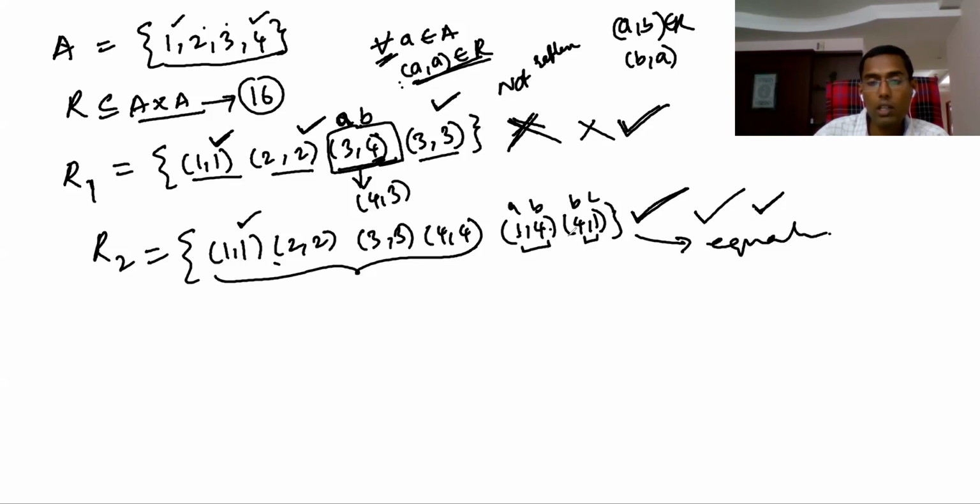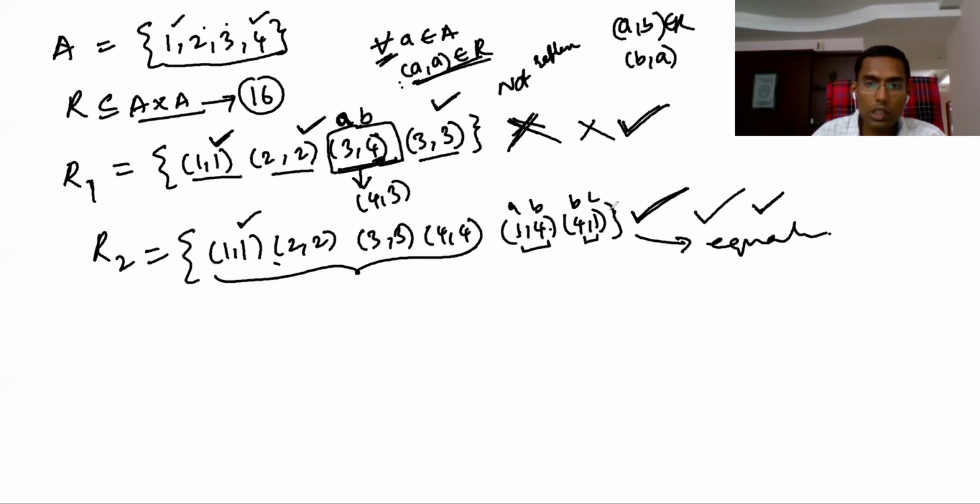But now it's not an identity relation. Extra elements are there, it's only reflexive, it's not identity. Identity means 1 1, 2 2, 3 3, 4 4. For every element, the image is itself only, you will not have an extra image. Here 1 1 and 1 4 are there, so 1 has 2 images, so it's not identity. So it's an equivalence relation.